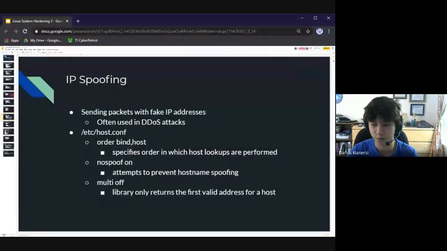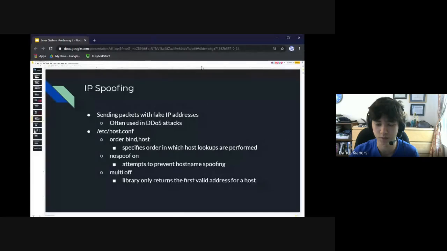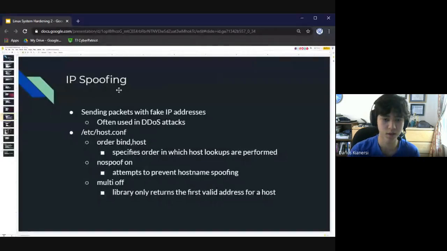Okay, next thing we're going to talk about is IP spoofing. IP spoofing is essentially sending a packet to some host with a fake IP address, so modifying your IP. It's commonly used in distributed denial of service attacks, or DDoS attacks, because an attacker will want to vary their IP address when they send their requests to confuse whoever is receiving the attack. And in order to secure your host from this, although it's not completely secure, it just adds